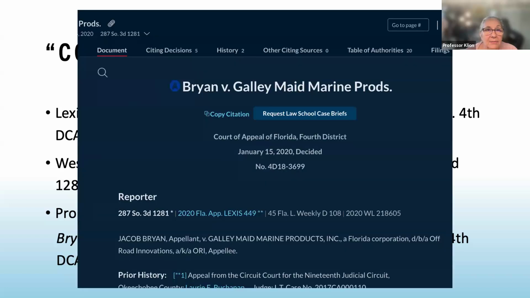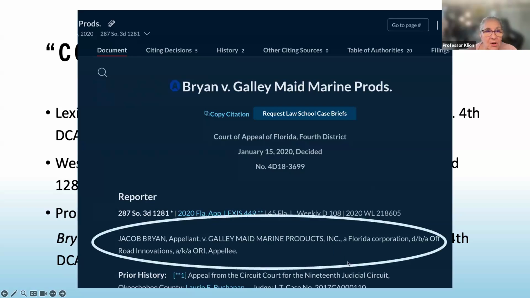Again, if you went to Lexis and you just looked at the title of the case, you may not know that, because right here you will see that it ends with prods. But if you go to the names of the parties on Westlaw, you will see the full name of the case. The Inc. for this case is required because products does not necessarily indicate that it is a company or that it has been incorporated. So according to the Blue Book, you need to include the Inc.